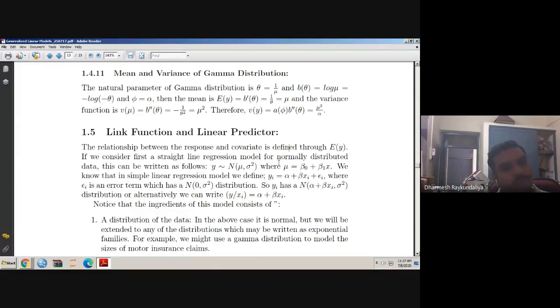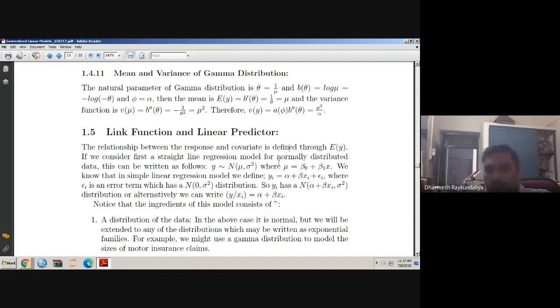You can calculate the method of moments, mean and variance easily, and then try to find the mean and variance relation in the data and see what relation comes out. Based on that, find which distribution satisfies this relation. Then start with that distribution, and perform the Kolmogorov-Smirnov test or chi-square goodness of fit test, so that with statistical significance we can say that this data follows this distribution, and then we can proceed further. Okay.